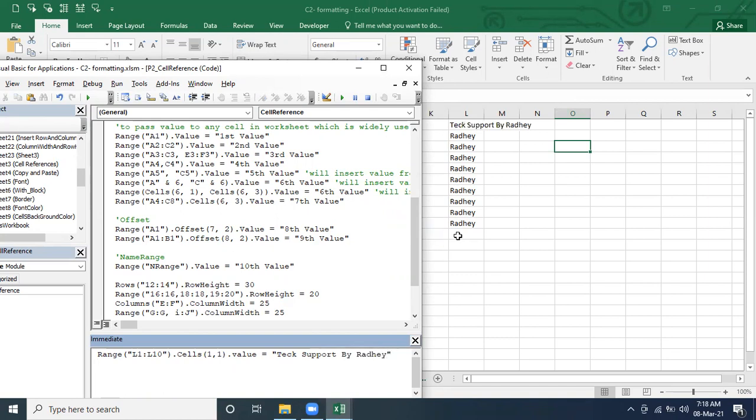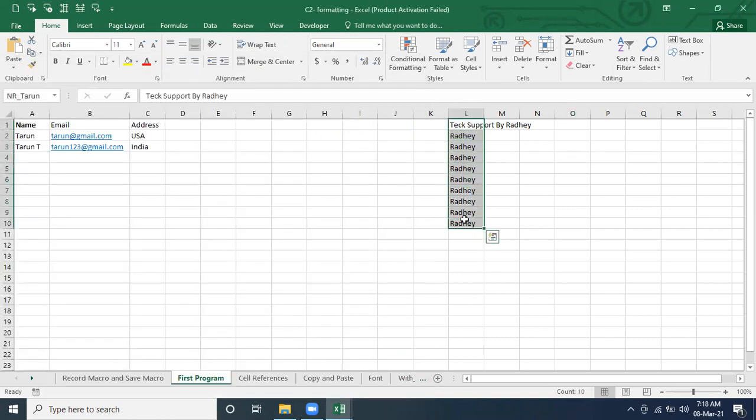Let's see. So one thing about this when we are talking about the range: it was not getting which cell we are talking about, right? So we have to define the first row and first column. What is the zero row and zero column in this range? Can you do it the other way, like a 1 and 0? No, it's not going to do anything, because in this range, what is the first row? We can identify this is the first row. What is the zero column? Can you tell?